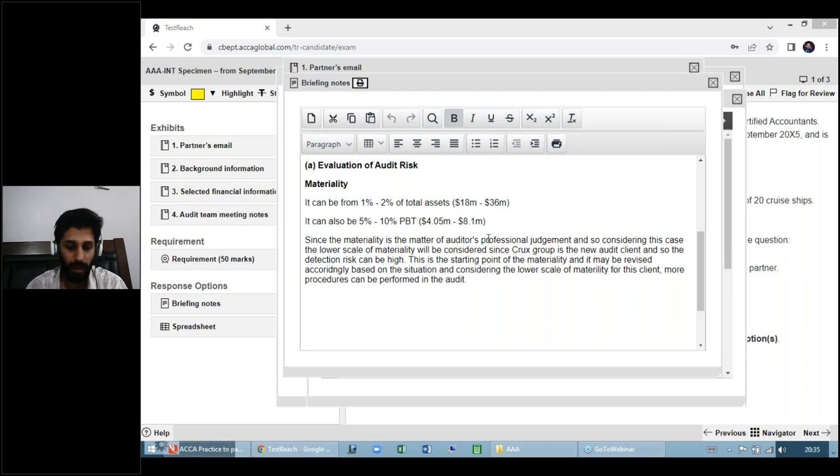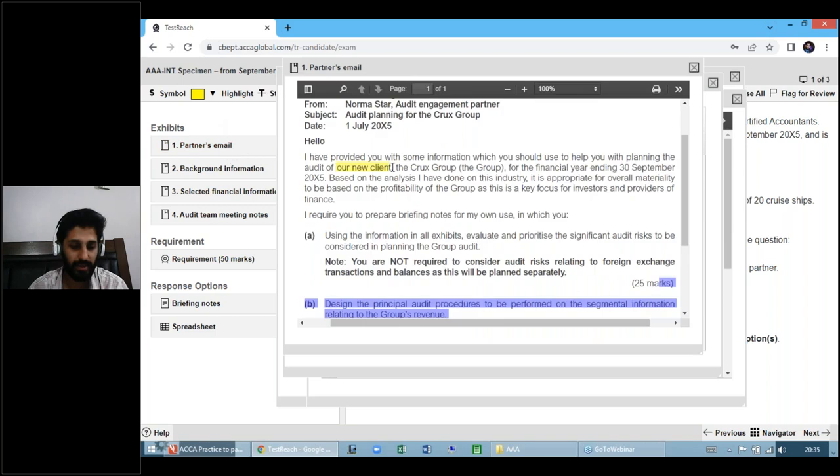Now, the materiality I had calculated over here, and I had also written down that since it's our new audit client, the level of materiality should be set at the lower scale because of the increased chance of detection risk, right? Now, this is the materiality, and I'm going to apply that to the partner's email: this is a new audit client. And remember that whenever there is a new audit client,